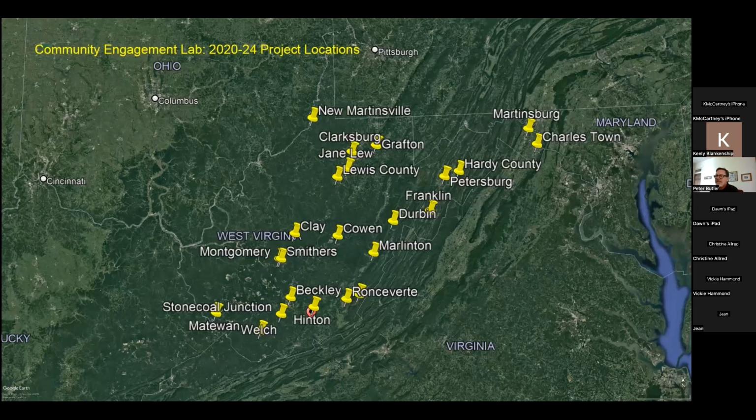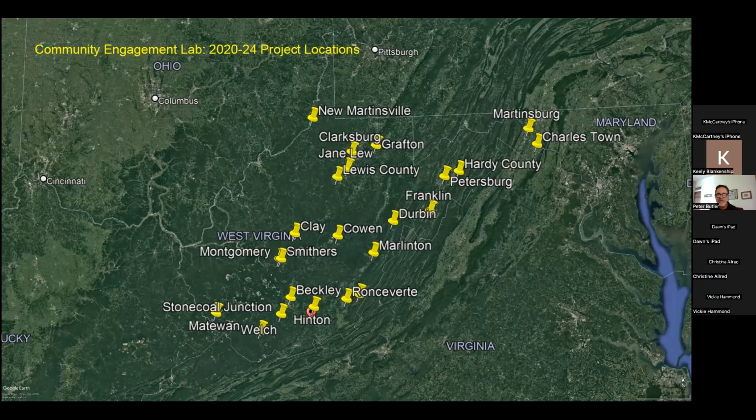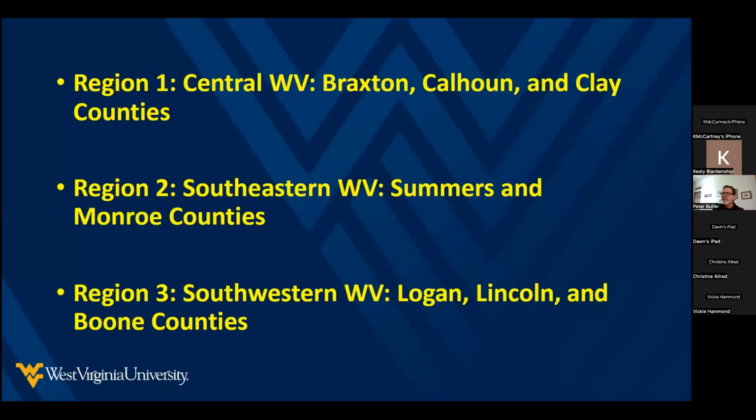So this is just an example of where we've worked in the last 4 years. I'm not sure if any of you are from these communities, but we did do some community planning in all of these places. And most of them included food production. This next 5 years, we're going to be working with the counties listed here.